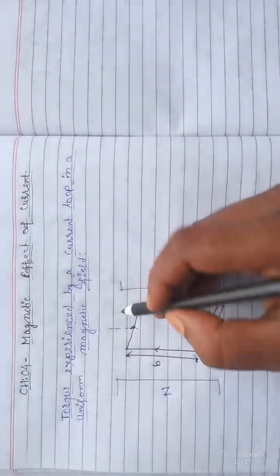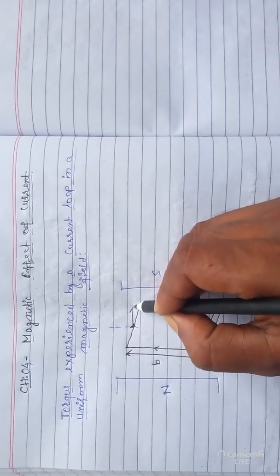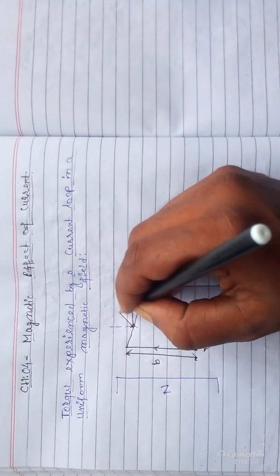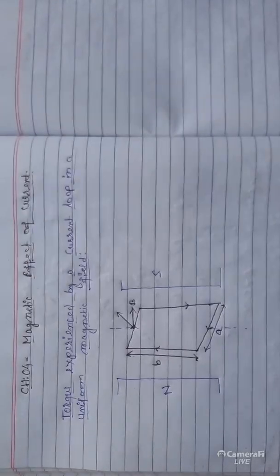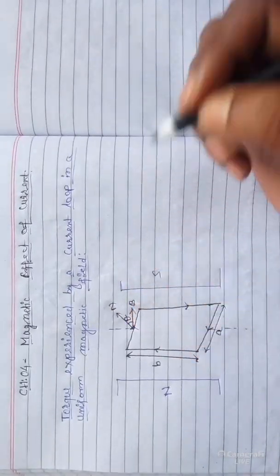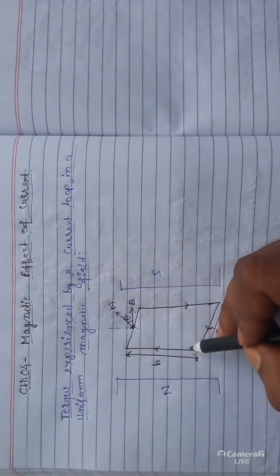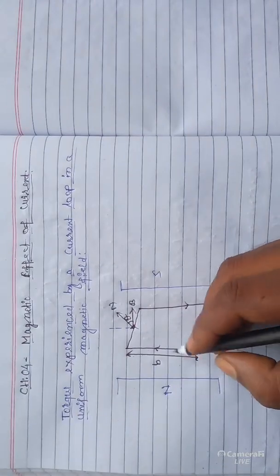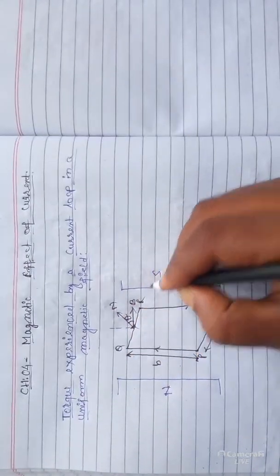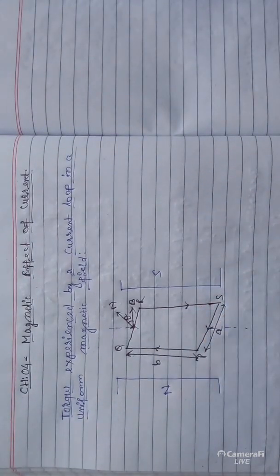So from the diagram you can easily understand that the direction of B is from north to south, that is this, and the normal to the plane is this. This is the N, and this angle is theta. Understood? Now the force due to this current-carrying wire. I am giving the names: let this be P, this Q, this R, and this S. So on the wire PQ, there will be a force experienced.